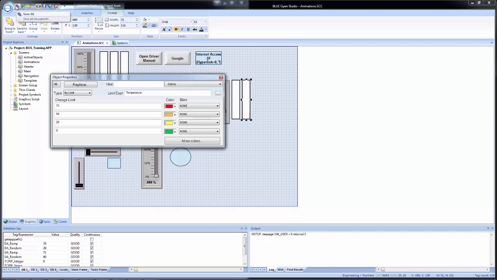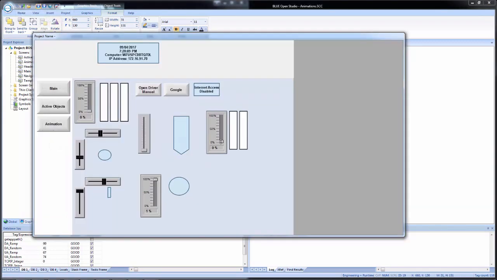So now I will save. And as I increase the temperature, you see that it stays green until it reaches the top. That is because of the order that we have our change limits in. It actually is reading that from the top to the bottom. So it can get a little tricky when you're configuring this if you do not set them in ascending order. So start from the lowest at the top and work your way to the highest at the bottom for your